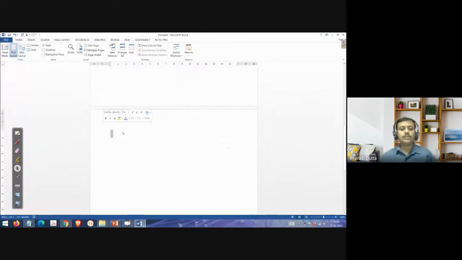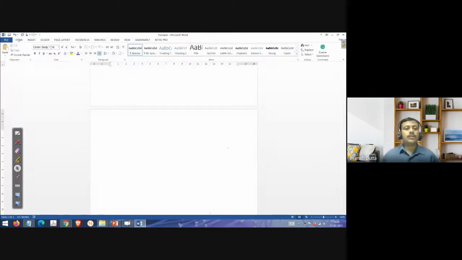Suppose this is the page which I want. You go to the home tab. If you see, there is one L symbol there, right? Where do you want to put the tab? Suppose I click this tab in the left portion, the middle portion, or the right portion. We can just fix it by clicking this tab button.